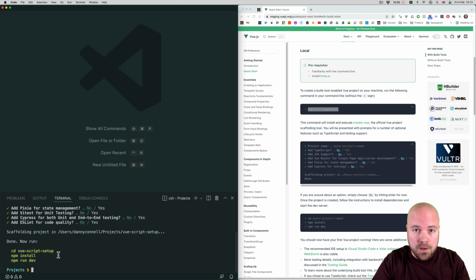And it's already scaffolded the project, so we just need to cd into the folder, run npm install to install dependencies, and then run npm run dev to launch the project. So I can see it's created the folder here, vue-script-setup. I'm going to drag that into VS Code